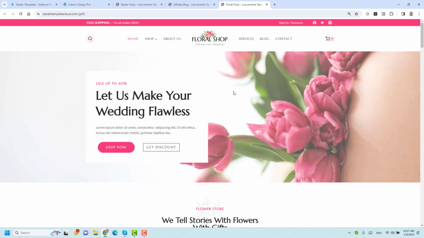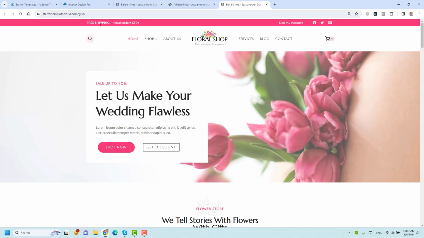Also, the header builder of Kadence can help you create this type of headers where you can have like two rows here, the top row and also the main row. As you can see, the top row is having a different color to attract people to read what is at the top of the website. For example, here this website is adding an important message for the people who are going to buy something from this bookshop, for this floral shop, where they are offering them free shipping for all of the orders, that is